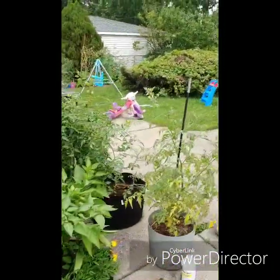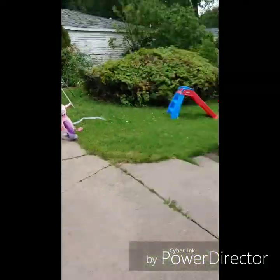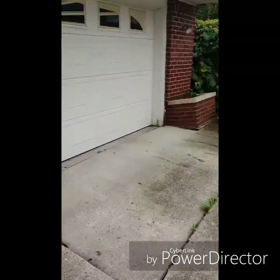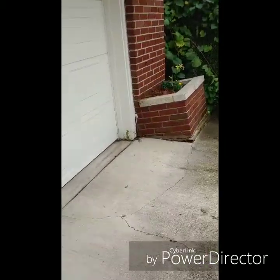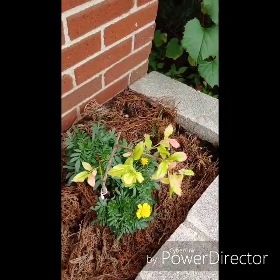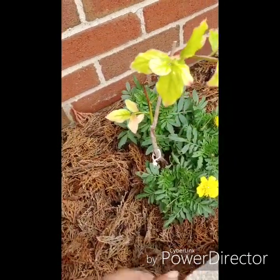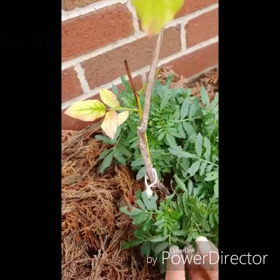Alright, looks like that's all for this season. Because as you can see, my blueberry plant didn't do so well. So next year I'll probably dig it up, put it in an area by itself. And these are yellow marigolds that I got from